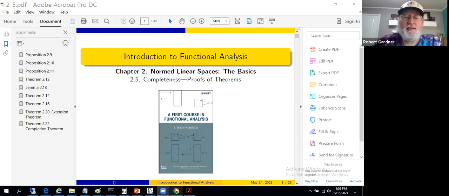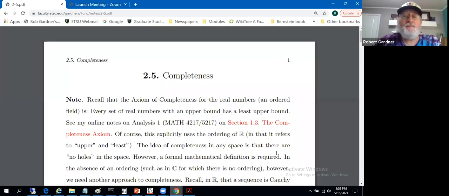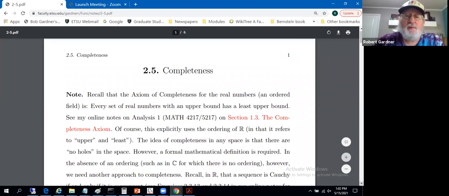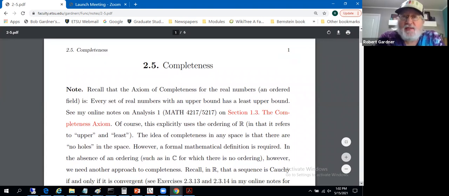All righty, on to completeness in section 2.5. All right, so we'll start by reviewing some ideas of completeness you've been exposed to in the past, see how